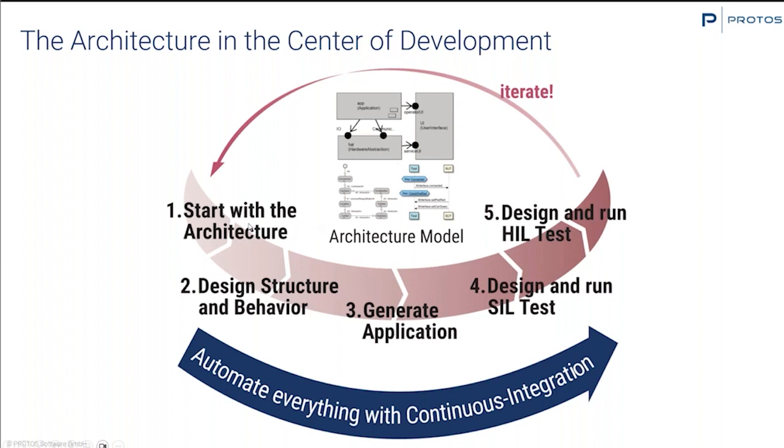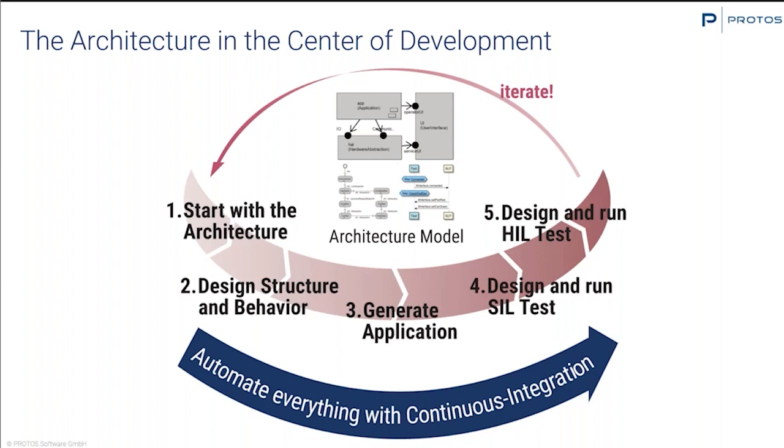So you always start with the architecture. You design hierarchically structured behavior. You make layers. You make containment hierarchies, the interaction between the components, sequence diagrams, state machines, and so on. And from there, you can directly generate executable code. So you generate the application. Of course, you can add manual code, for example, a protocol you already have, or drivers, or whatever it is. But you can always encapsulate into those components, and by that reuse those components in different contexts,